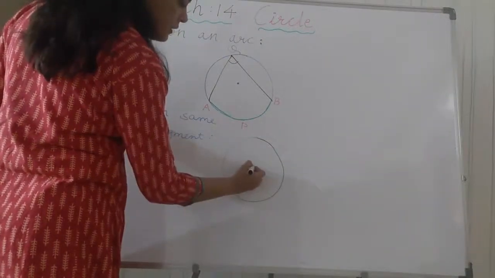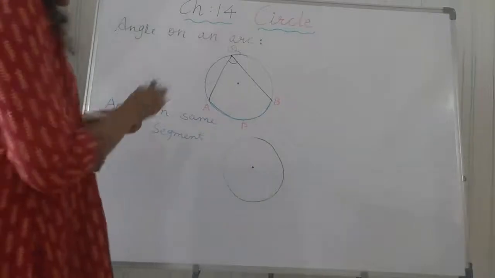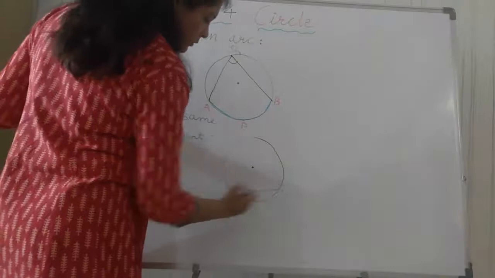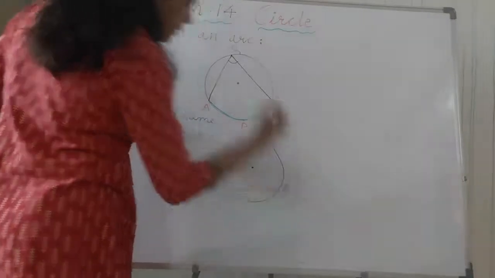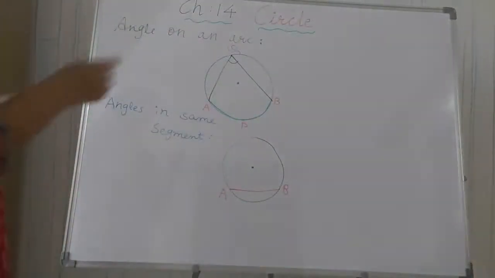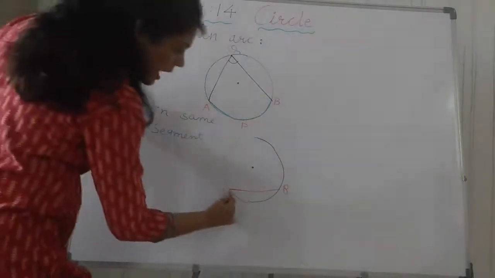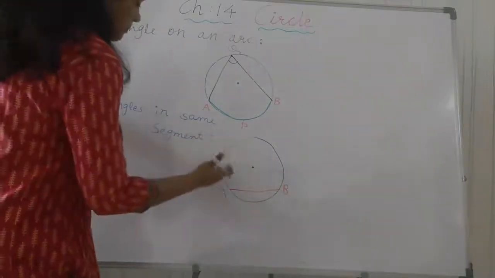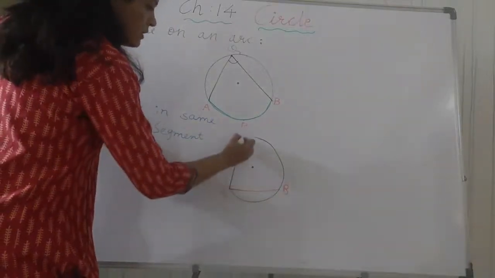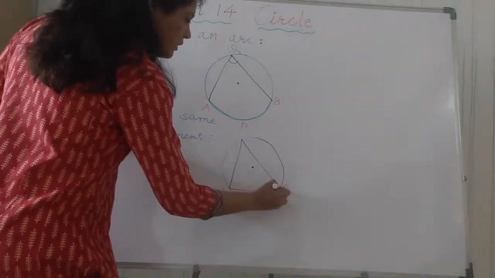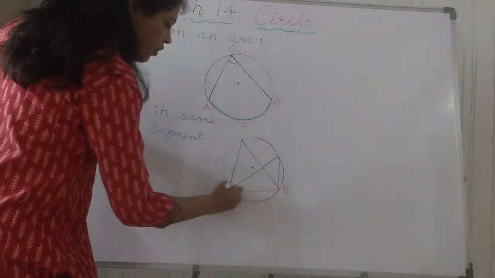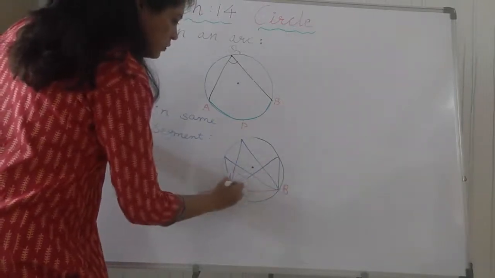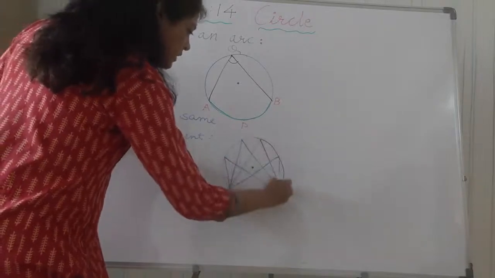Okay, and this is the center. Now as I explained here, let there be some arc or chord AB that I am drawing here. This is chord AB, and you can see this is the arc AB also. So from this arc there are many angles we can draw like this. So many angles we can form based on this arc only, right? You can form as many angles as you want.